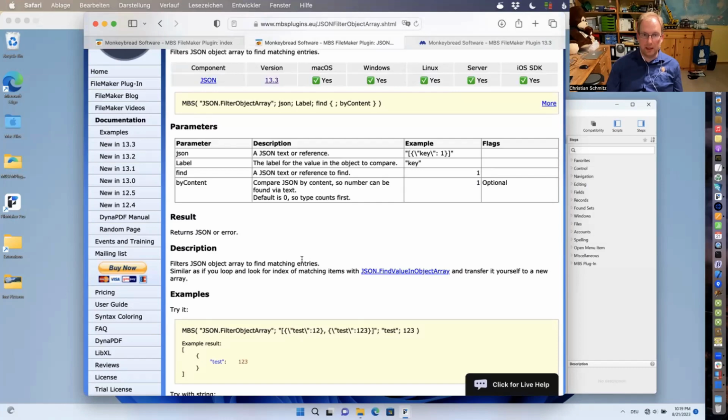The idea here is there are a couple of JSON functions available as custom functions to do similar things, and performance can be faster if the plugin does it in C++ than you do it in FileMaker calculations. So again, if you have a huge array of JSON with records, and you like to go over all the records and look if a few records match a criteria,